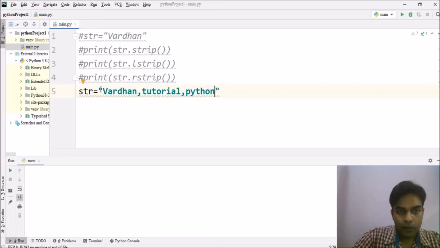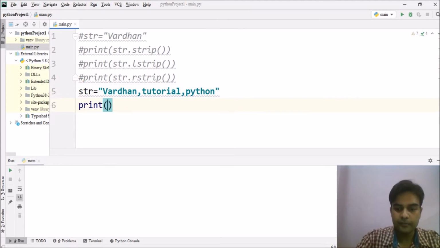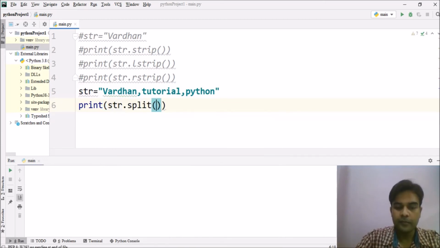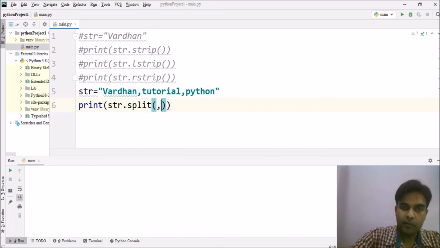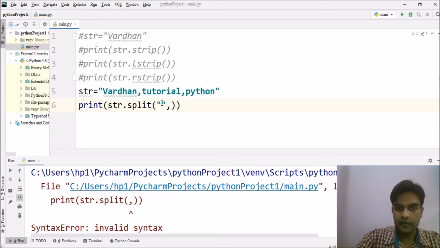Now if we want to split the elements, we will write print string dot split, and we have to split it on comma, so we will use comma as the splitter.